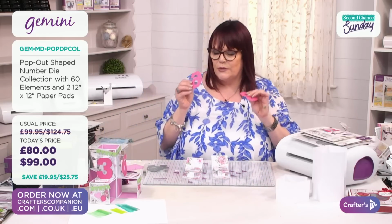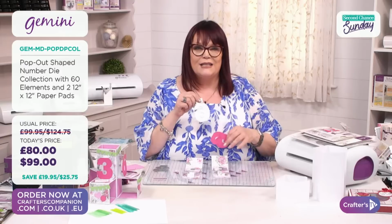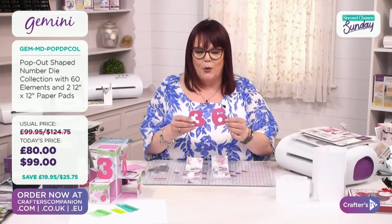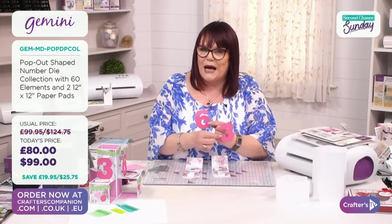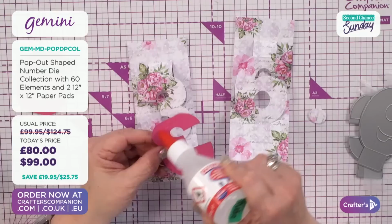I've used textured cardstock with this. You've got the snippability factor, another versatile way of using these dies, because these dies are number dies. It means you can snip out, you can take off those folds to create really bold numbers. 36, 63, whatever it is you want to use, but absolutely this is going to make it pop that little bit more. So I'm going to pop on here now a little bit of wet glue,